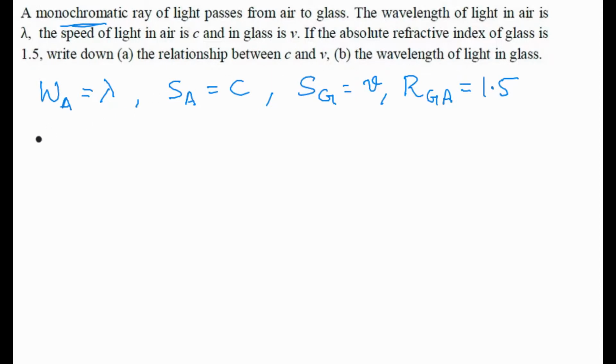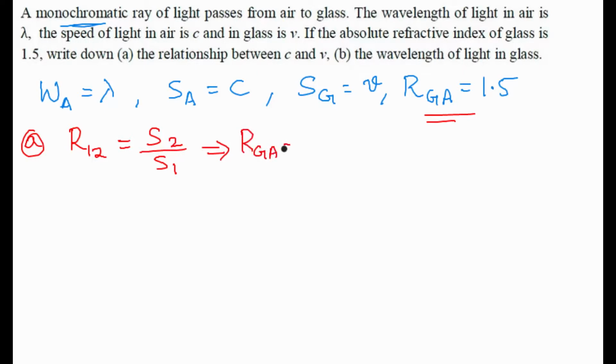Let's consider first question. We need to find out relationship between C and V. We already know that refractive index of first medium with respect to second medium is equal to speed of light in second medium by speed of light in first medium. Now considering this and also this value RGA is equal to 1.5, we can write down that this will be